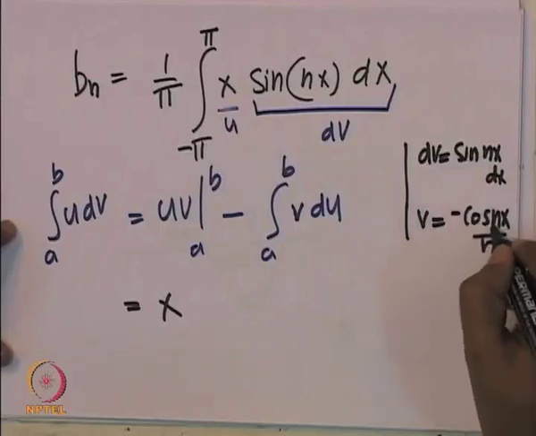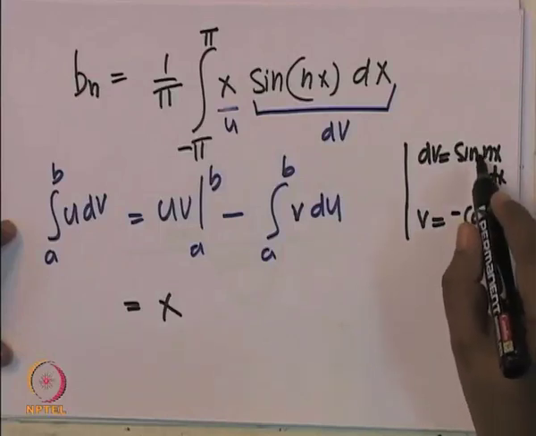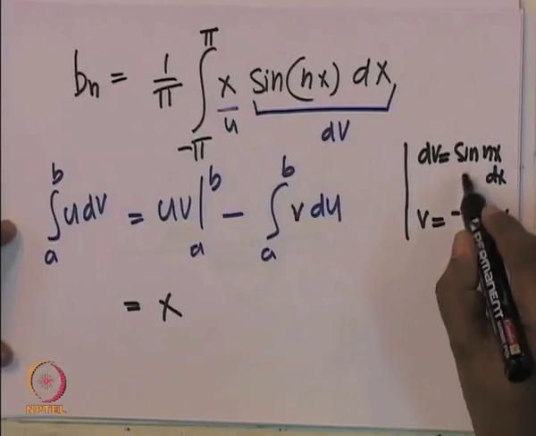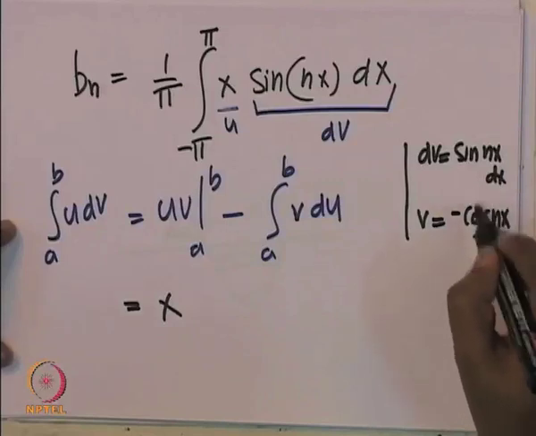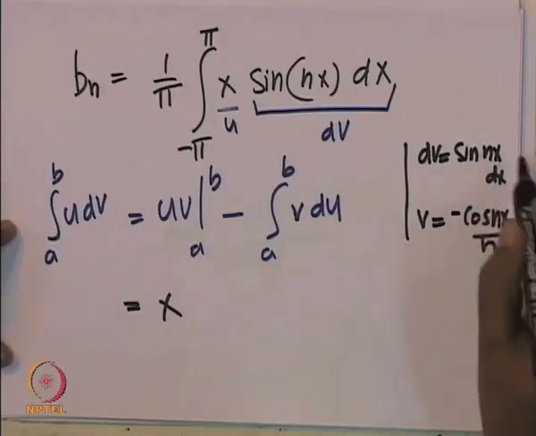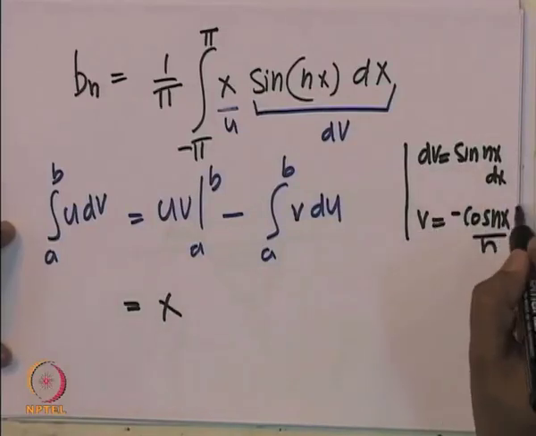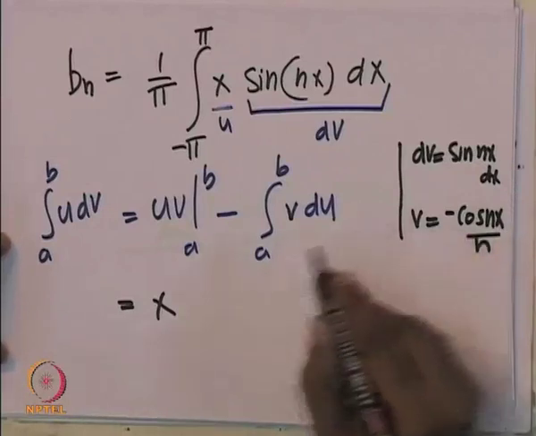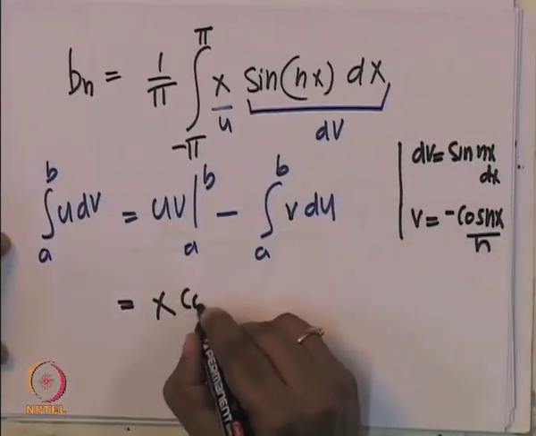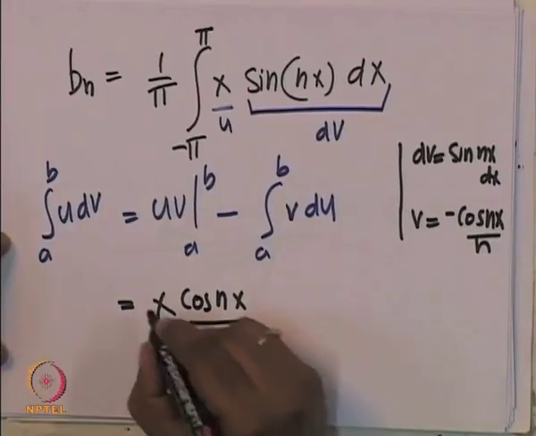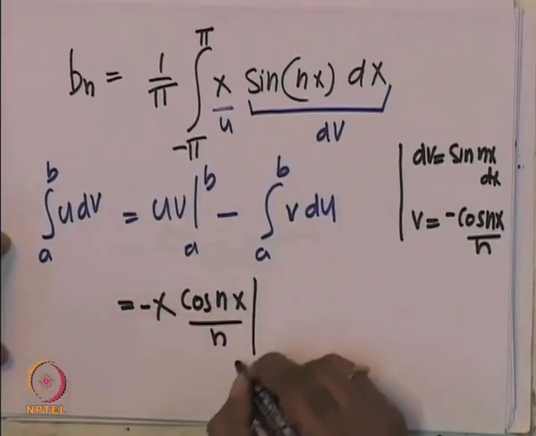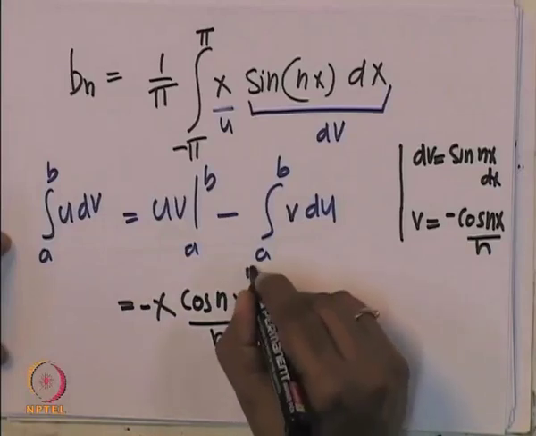If you take the derivative of cos n x, you will get minus sin n x, and with the minus sign it will be plus sin n x, and by n times n. So, there is a by n that has to be there, so that it cancels. So, v is minus cos n x by n. So, here let us write x cos n x by n with a minus sign in the limit minus pi to plus pi